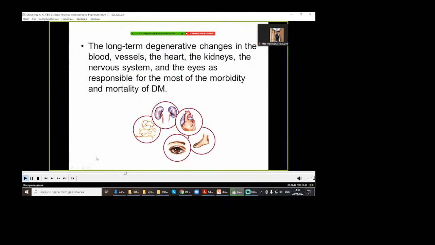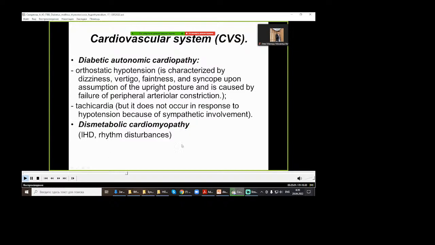So the long-term degenerative changes in blood vessels of the heart, kidneys, nervous system, and the eyes are responsible for most of the morbidity and mortality of diabetes mellitus. That is why we must know about these long-term complications. So we will start from the cardiovascular system. Diabetic autonomic